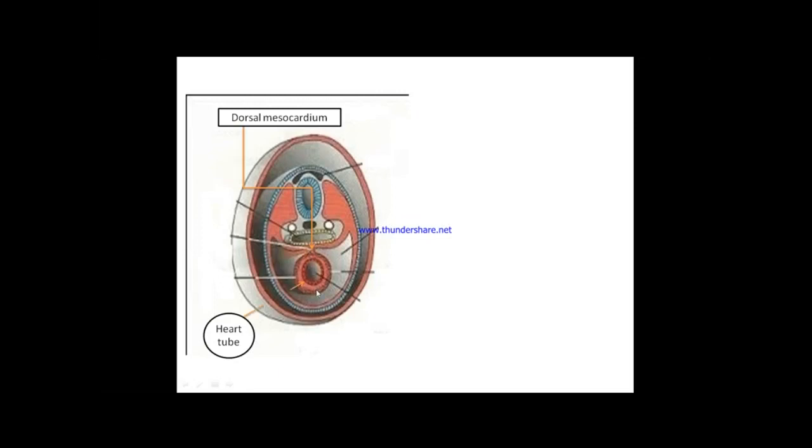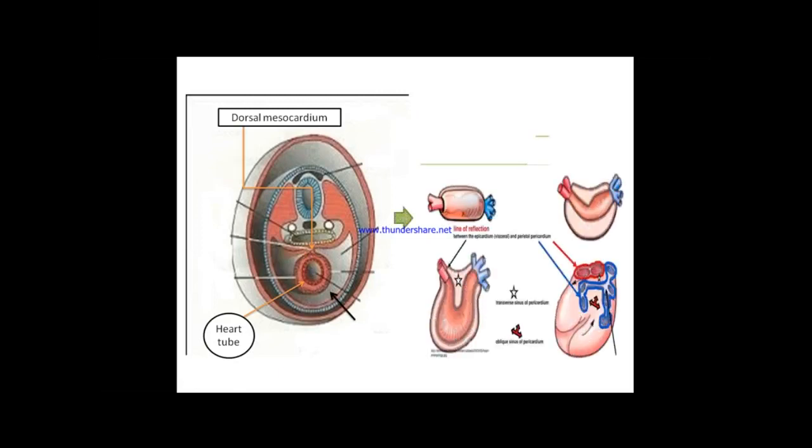Then here we have the heart tube. Now here we have the pericardial cavity, the black area. Now, if we say this heart tube along with the pericardium has been taken out, what we can see here is that later on bending of this heart tube occurs, looping of the heart tube occurs. Because of this looping of the heart tube, this arrow shows the pericardial cavity. Now here this is the transverse pericardial sinus.